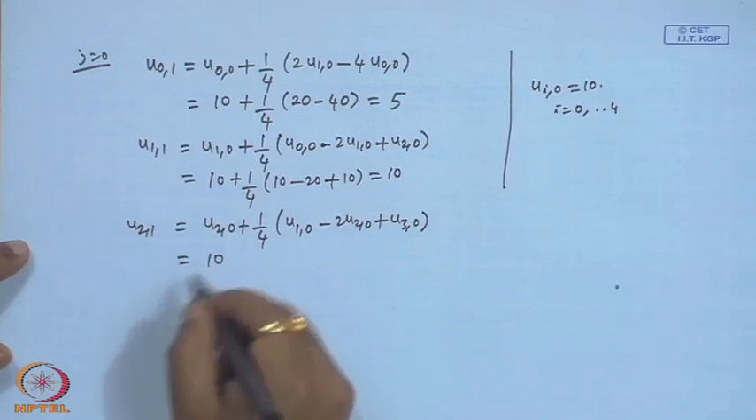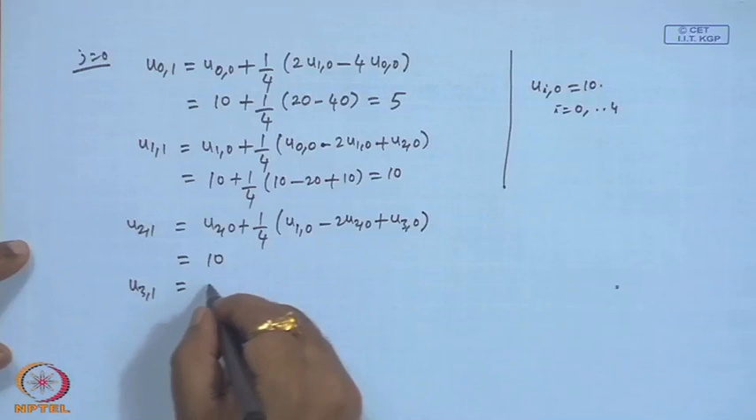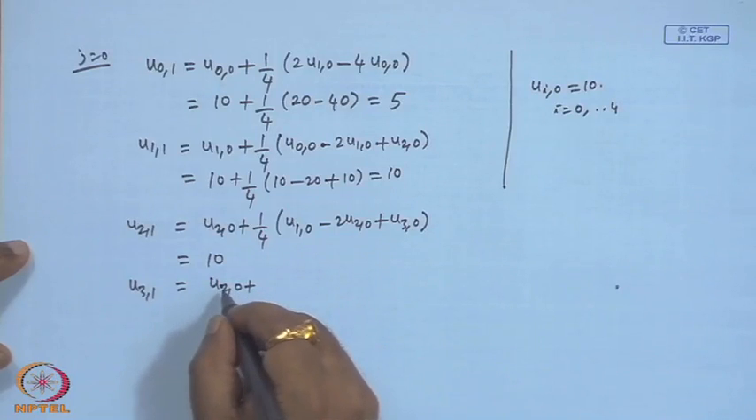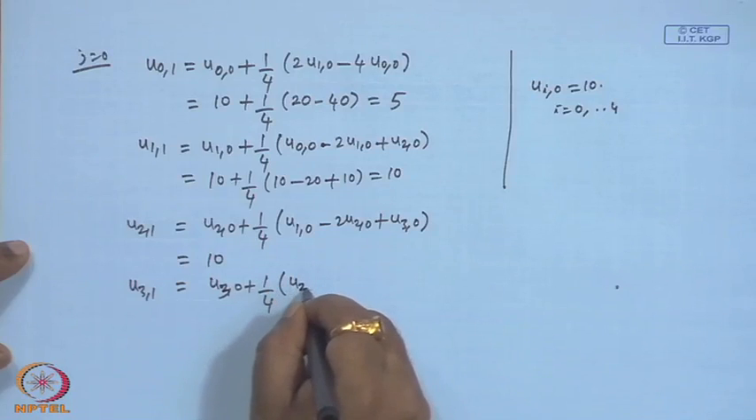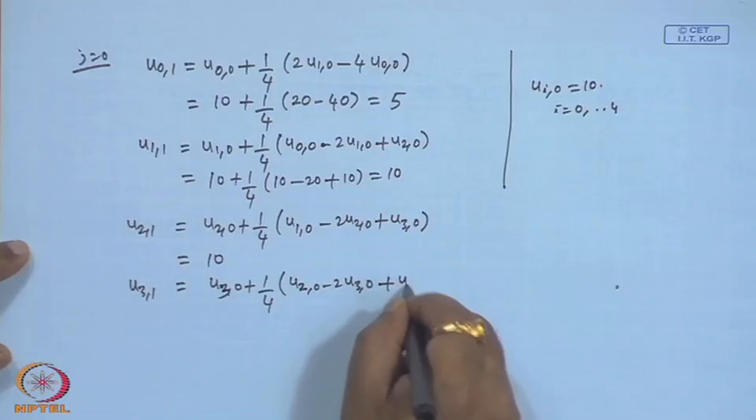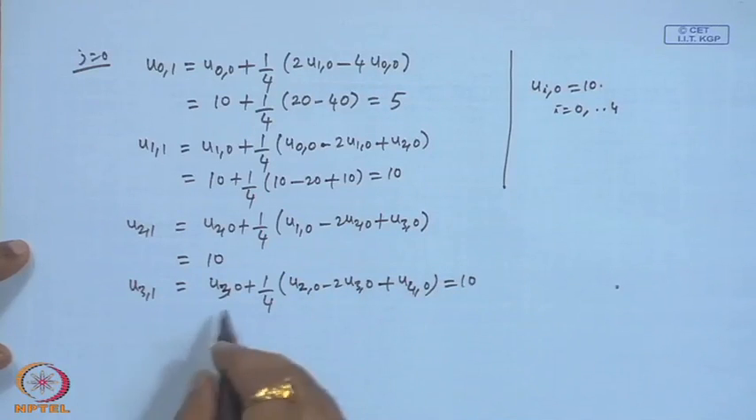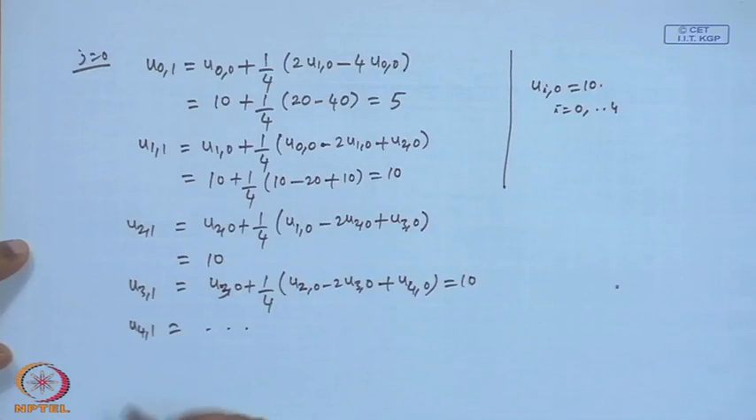This comes out to be 10. u 3 1. u 3 1 will be u 3 0, this will be 10, and finally u 4 1. Okay, you can compute. So, this is the